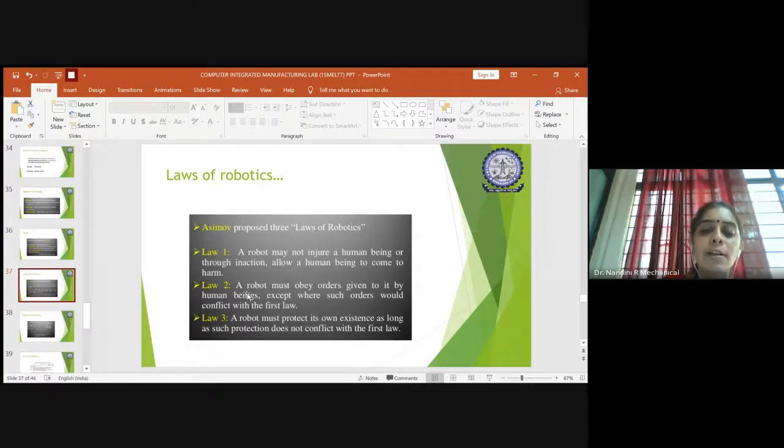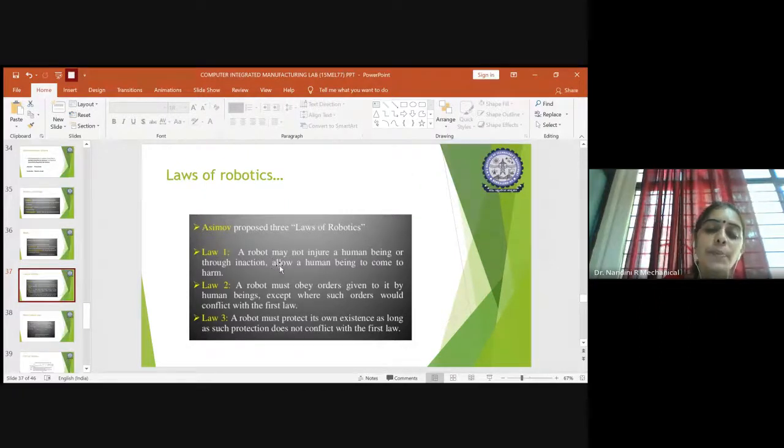The second law is that a robo must always obey the orders given to it by human beings, because the human is the person who will program it depending upon what work is assigned to it. So the robo should abide by all the rules and regulations put forward by human beings. It has to expect all such orders, and it should obey law 1 also. If either law 1 or law 2 is not satisfied, it is dangerous to manufacture a robo without following these laws, or else the day may approach where a robo can replace a human being. That should not happen.